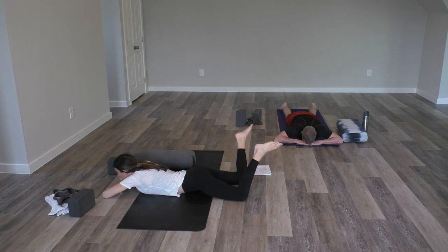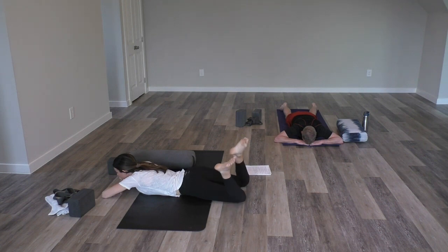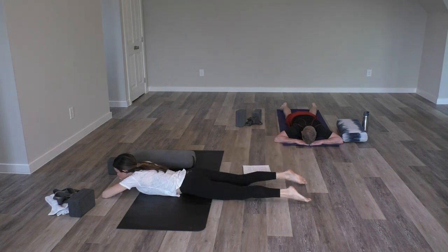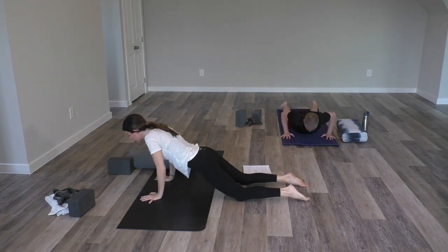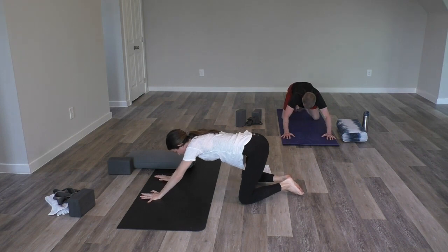So we're going to take a little combination here for our next pose. We're going to straighten out your legs once your sides are even. Taking your hands underneath your shoulders, we're pressing into a child's pose. Your big toes are going to come to touch and your knees are going to go wide as you lower